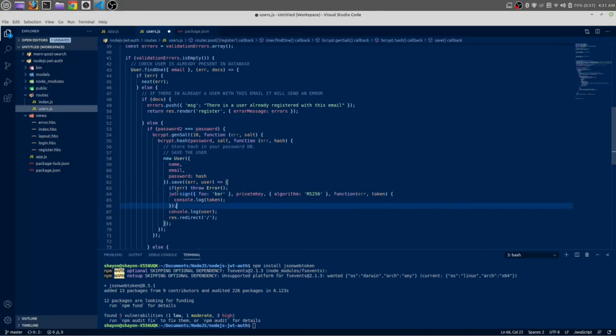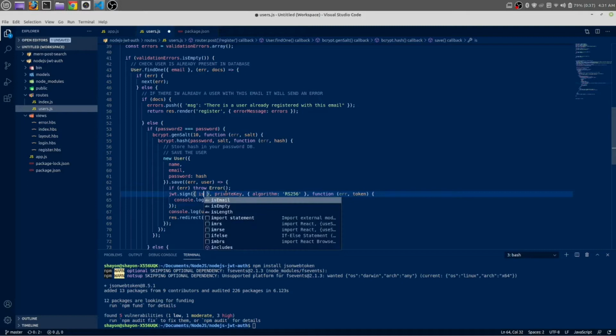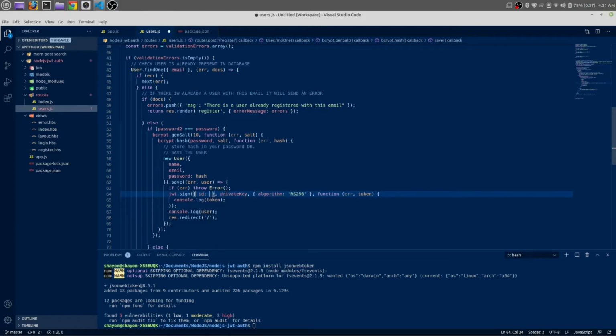Control V for pasting, and here we are going to save the ID, and that ID is from our user ID. Let me copy this. This is coming from our database.